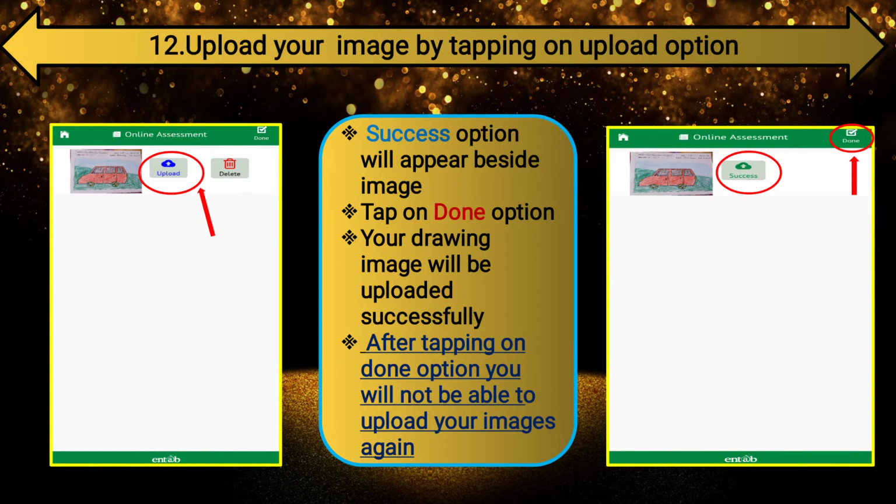Now one thing you have to keep in your mind: after tapping on the done option, you will not be able to upload your images again. So after done, your drawing image is uploaded successfully. As you can see, success is also written there.